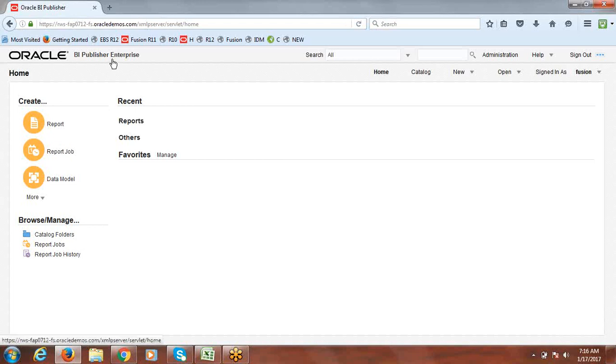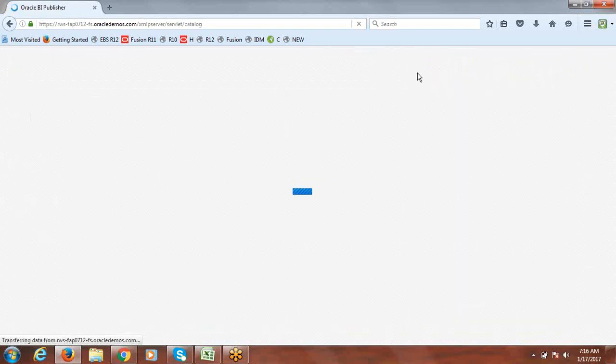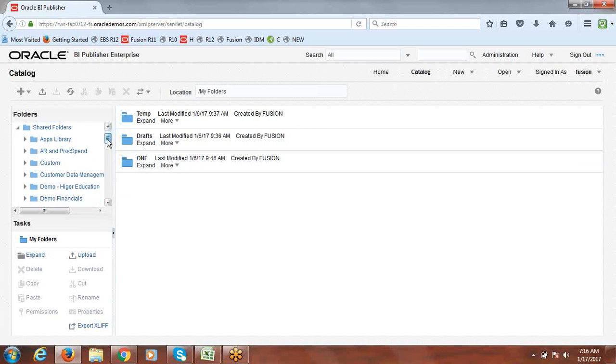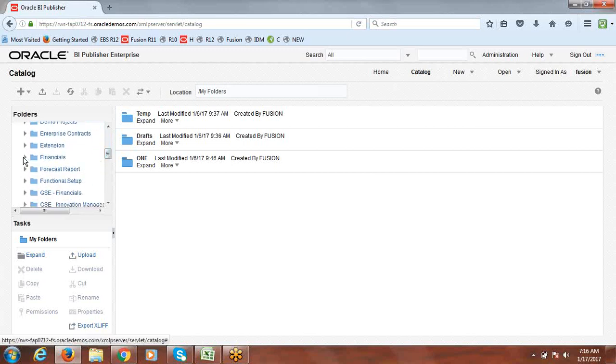So this is BI Publisher Enterprise. Once you navigate here, go to catalog. Just click on catalog. After that, we have shared folders on the left. There, just go to financials. Here we have financials. Expand this folder